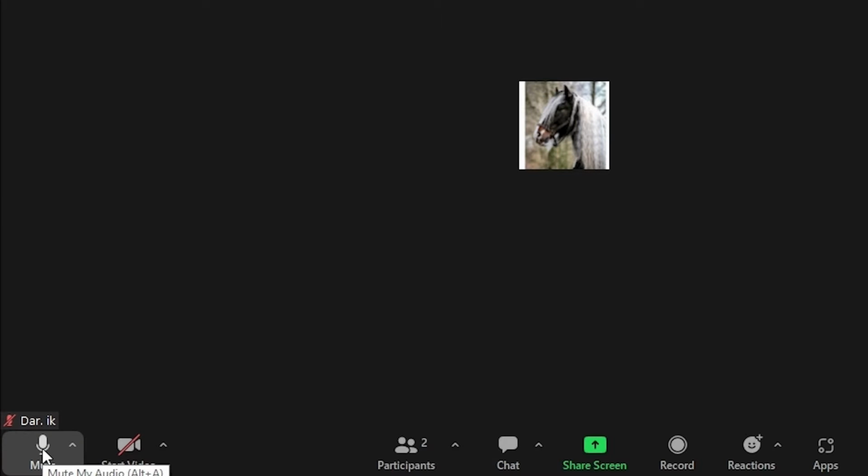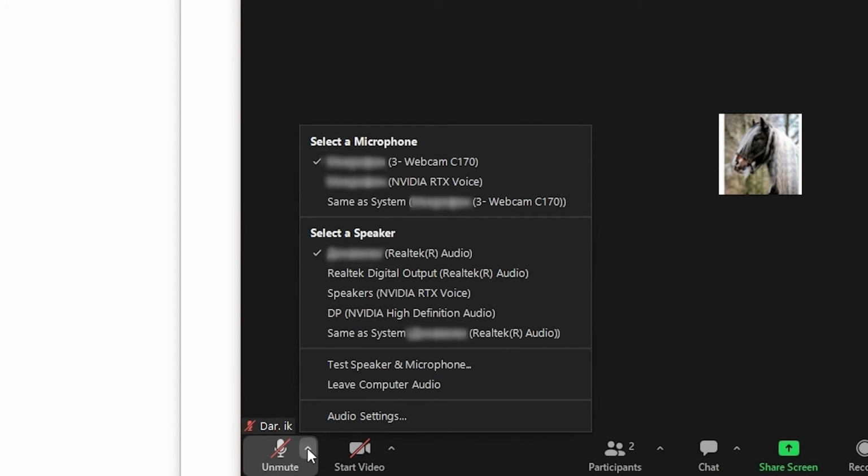The first button is Microphone. By clicking on it, you can turn your microphone on or off so that other participants can hear you and vice versa. If you join from a computer or laptop, you will have another function at your disposal. Click the arrow above the microphone, and now you can select a microphone, select a speaker, test the speaker and microphone, leave computer audio, switch to phone audio if you connected from 2 devices, as well as use other audio